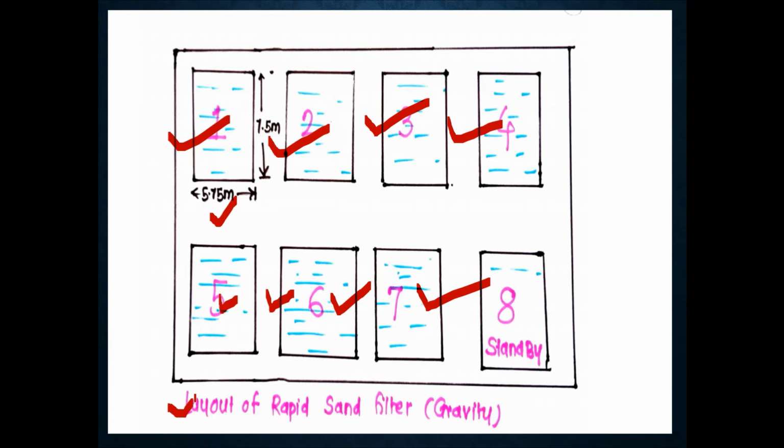And now I will tell you that you should feel you have sufficient confidence to solve this type of problem, because, as I discussed at the start, these problems are too much easy because of this procedure. But the steps you have to remember 100%, the assumptions you have to remember 100%, and the type of filter which is asked, you have to judge whether it is a slow sand filter or a rapid sand filter.